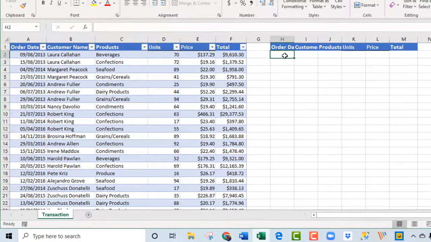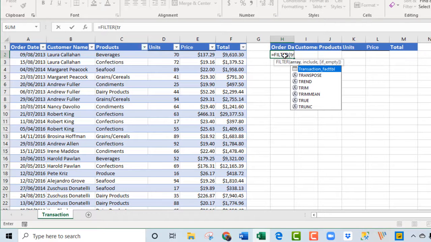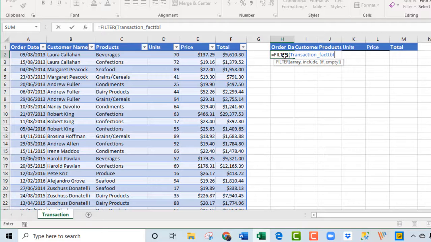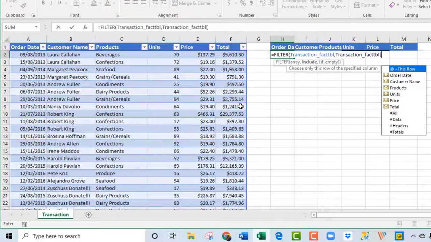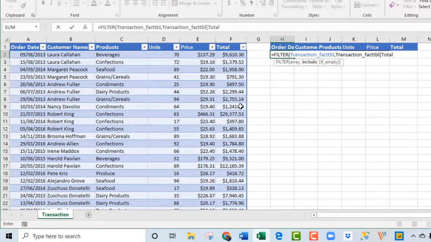Okay, let's start here. I'm going to use the filter function. So let's start filter. For my array, I'm going to deploy my table name, which is transaction_fact_TBL, comma. For my include argument, I actually want to include my total column. So I need to provide the table name first, which is transaction_fact_TBL, then open square bracket, and I want my total. Then close that up, and I want to check whether it is equal to or greater than, deploy the large